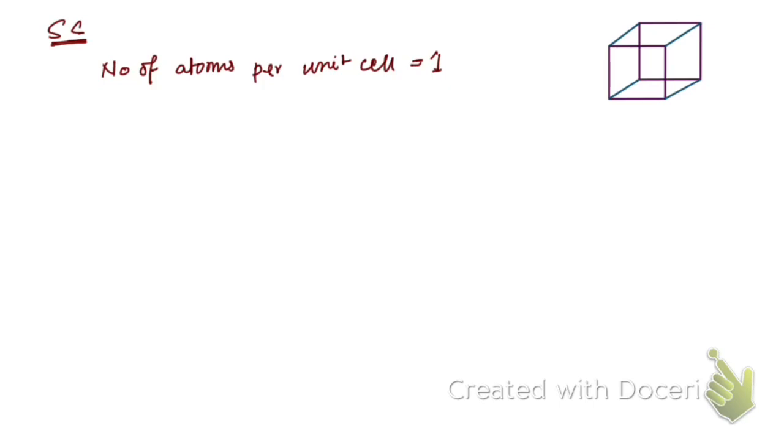So at each corner we have 1/8 part of this atom, right? Because if there is an atom, this one, so it consists,